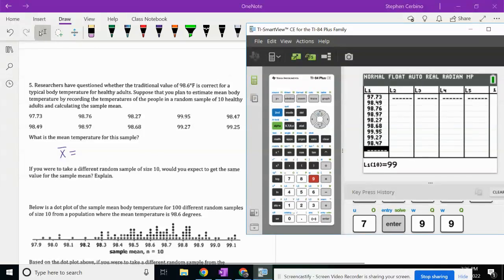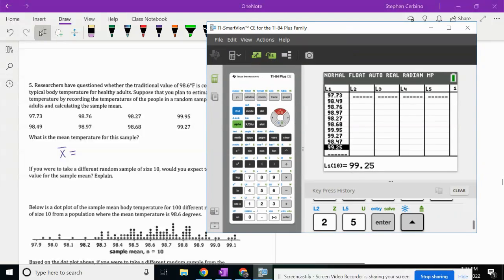And since we had 10 people in this study, there should be 10 pieces of data, which there are. Let me just double check my numbers. 7, 2, 7, 6, 8, 9, 5, 2, 7, 4, 7. Good. All right, so to actually calculate some of our data that we want here, we're going to go second